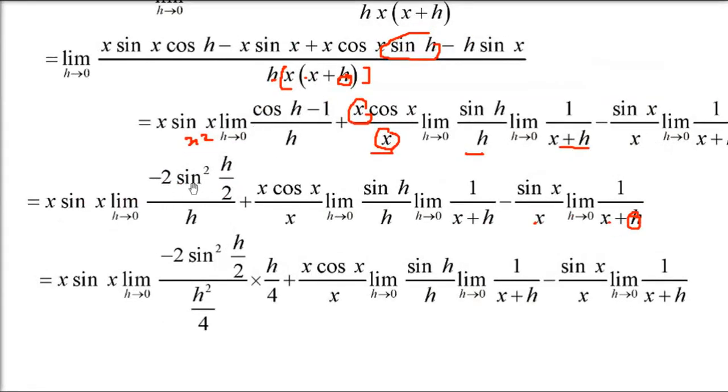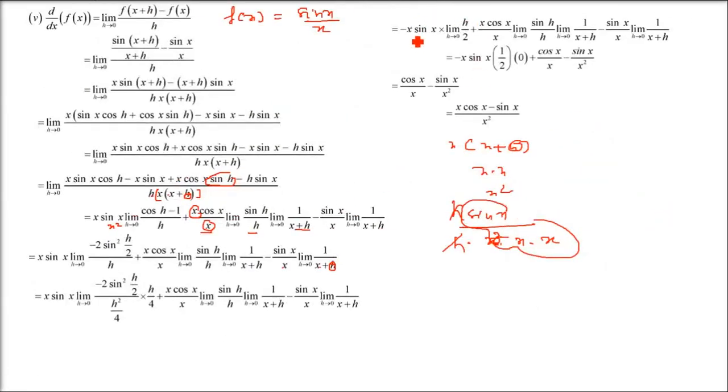Cos h minus 1 by h. You know that this is going to be 0. How? Cos h minus 1 is 2 sin square h by 2. In the denominator you have h, you can put it as h by 4 and take one more h. So h square by 4. So you have taken h by 4 extra, so you have to multiply it by h by 4. This whole term is going to be 1. We have already seen this. And h is already there, h by 4. Whether it is minus 2 or 4 doesn't matter because h is already there.